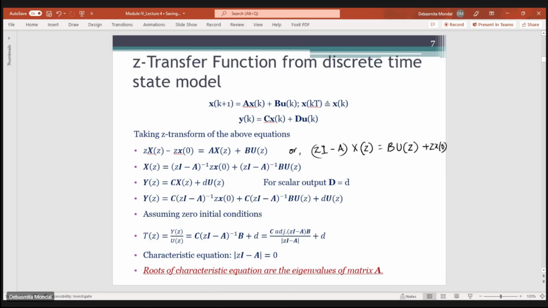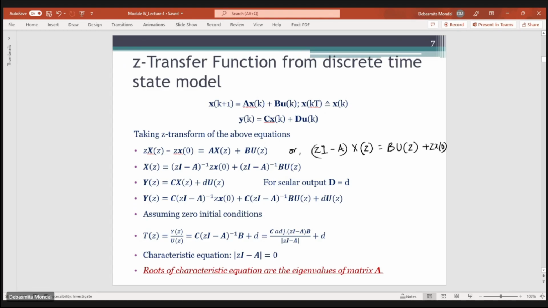Similarly, for the output equation, you take the Z transform of the output equation. So you get YZ is equal to C into XZ plus D into UZ. Here we are substituting capital D by small d because we are assuming that the output is a scalar quantity. In case of a scalar quantity, that vector D is equal to small d. Now, as far as the definition of a transfer function goes,